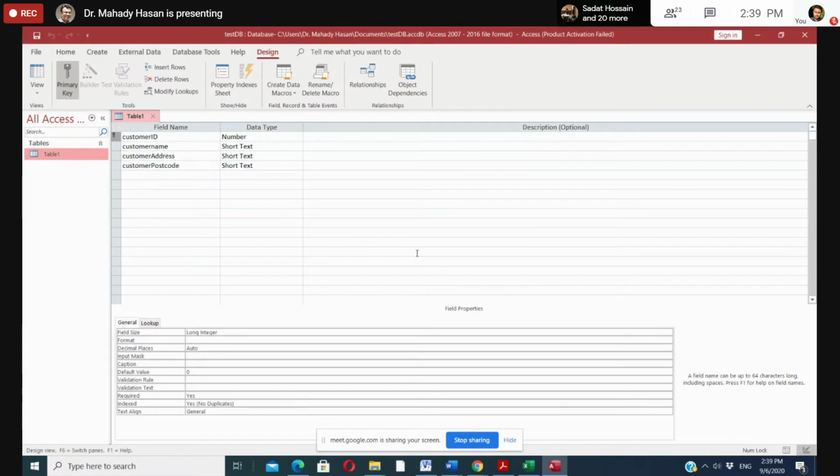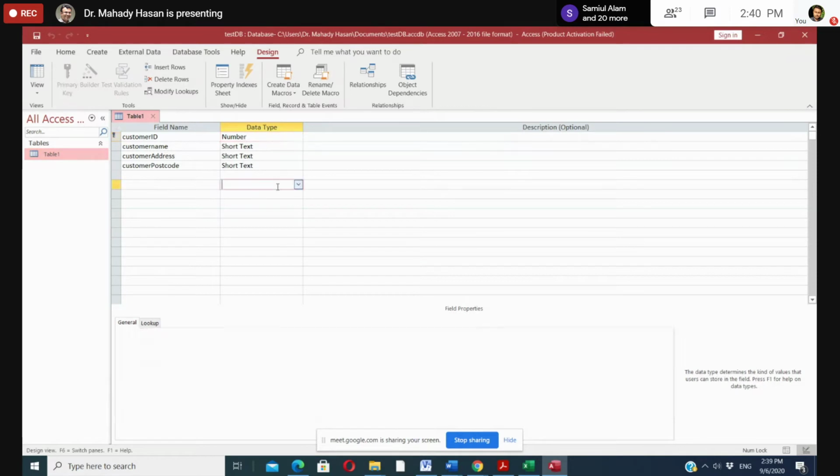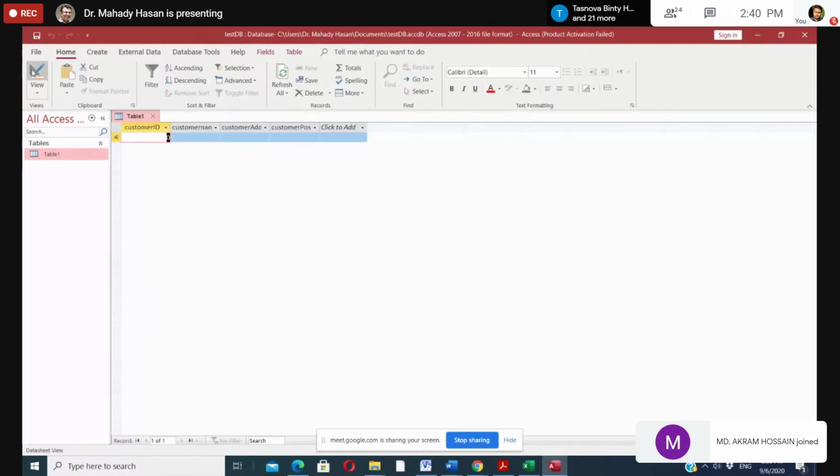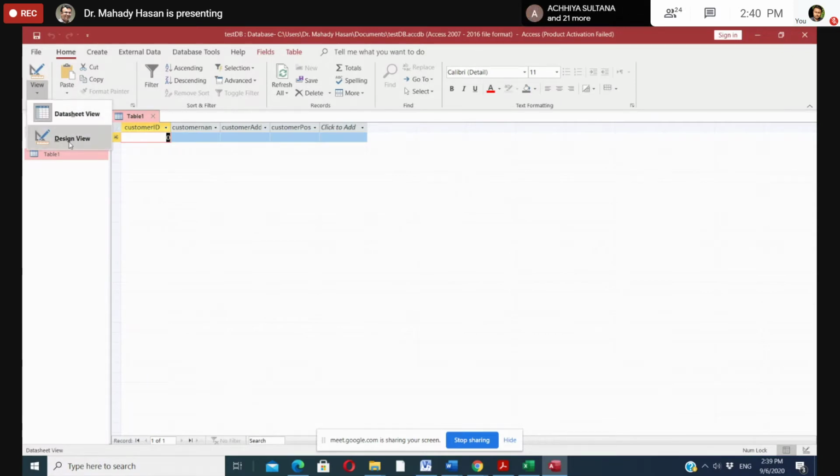জি বলেন। স্যার এই যে কাস্টমার আইডি যেটা প্রাইমারি কি দিলাম, ধরুন স্যার আমার 10 জনের ডাটা আমি এখানে রাখতেছি, স্যার ও কিভাবে বুঝবে আমি 10 জনেরটা নিচ্ছি বা 100? আচ্ছা, আমরা দেখি একটু কন্টিনিউ করি তাহলে। ওকে সো স্যার, you can see now I have come to the design. আমরা ডিজাইন ভিউতে ছিলাম, এখন আমি ডাটা ভিউতে চলে এসেছি। যে একটা ডিজাইন ভিউ, এটা হচ্ছে ডেটা শিট ভিউ। So now here we will enter the data.